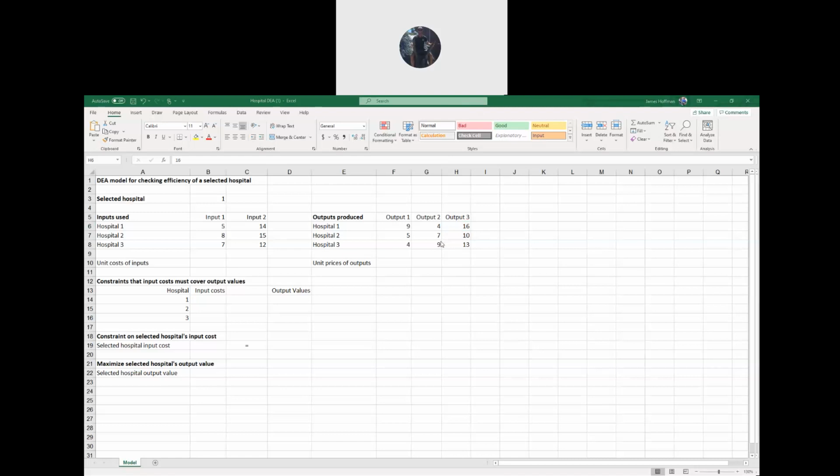All right, so the inputs, well, these say inputs, so these must be inputs. So inputs here for each hospital and for each input, this whole range is inputs. That's going to be light blue. All right, so technically the outputs are inputs in our sense. So this whole range, these numbers, light blue. We're going to decide the unit cost of the inputs. That's technically the decision variables. So that means that